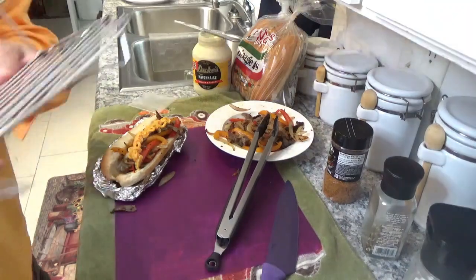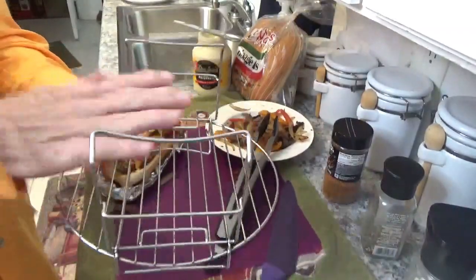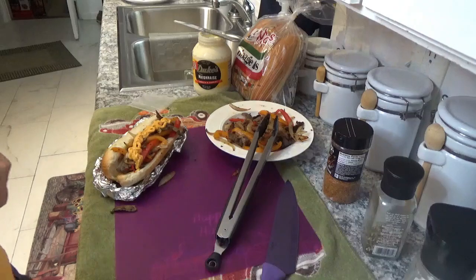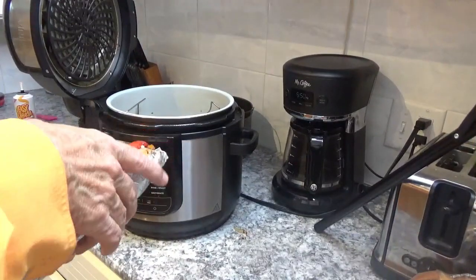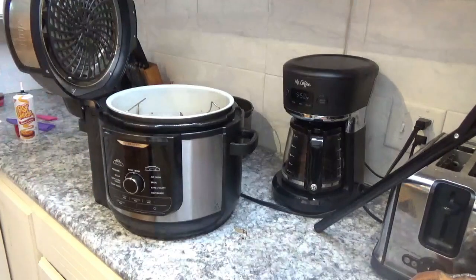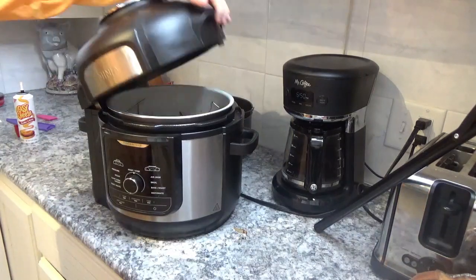Now, anyway, I got this rack here because it's Ninja FOODi DELUXE. Now we'll put it down like this so it'll be on the low part. I'll put it down in the Ninja FOODi DELUXE, and when you do, don't forget that pot's still hot. Okay, now I'm going to take my sandwich in this aluminum foil here, and we'll set it right down on top of that rack. Now you can get two in there if you want to, but because there's nobody here but me right now, I'll just put one in there. And now we'll shut the lid,